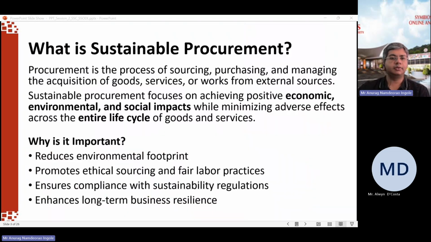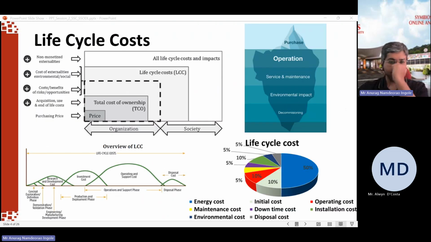So as sustainable procurement, we have to focus on the entire life cycle costs. So what is covered under entire life cycle costs? If you see the left top diagram, which gives an overview of the life cycle costs, this is the current part on which regular or routine procurement focuses. It only focuses on the price, that is the purchasing price of any raw material or any part that they are procuring. But if we add the acquisition cost, the use cost, or end of life costs, as an organization, if we are not able to